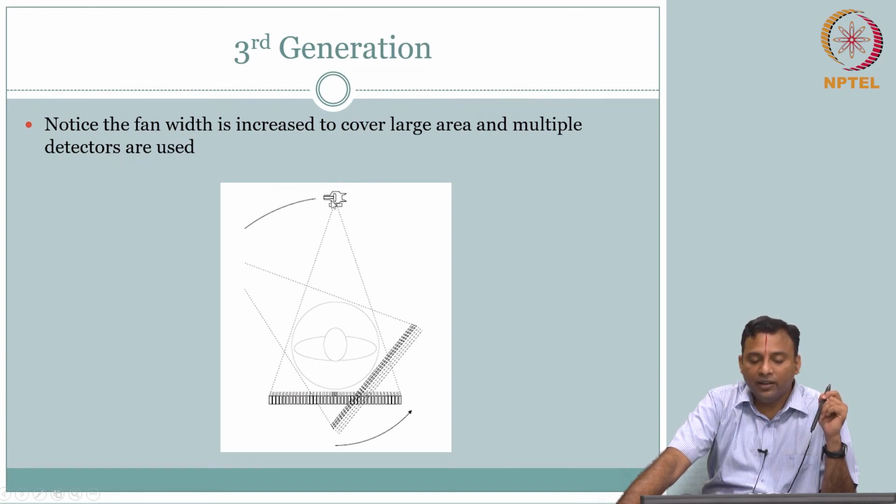Now I am rotating my source and detector. In this geometry, I am rotating both the source and detector. So next you are going to say, why should I rotate both? I have my detector technology evolving. Instead of rotating, what if I can arrange this, instead of just a line, around the circle?